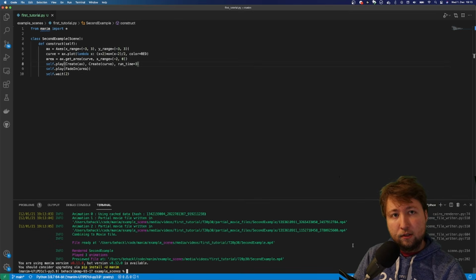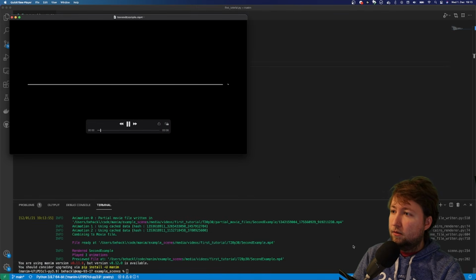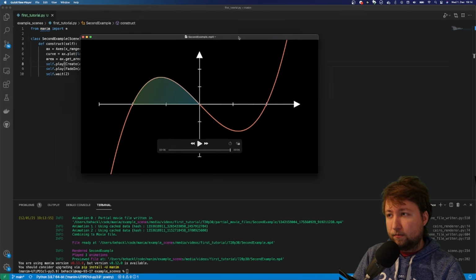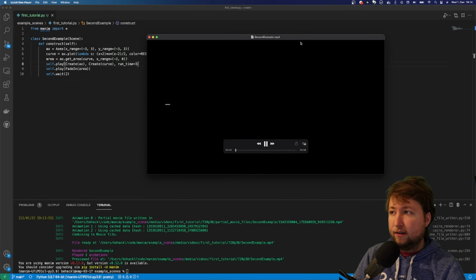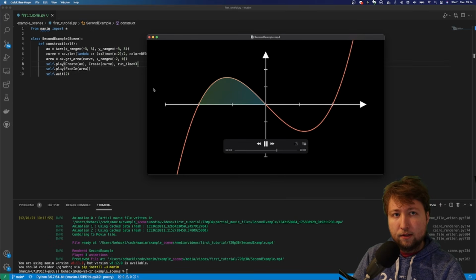If you put it to the play call, then it will be passed to all of the animations in the play call. You could also specify different run times for the animations in one play call. So let's try to render this. Okay, now the axis and the curve take 3 seconds now to create. So you see it's substantially slower than before.